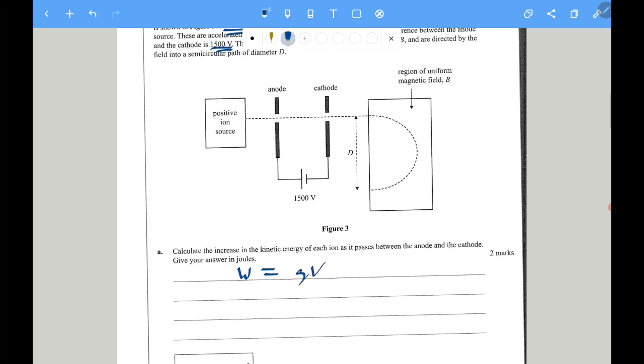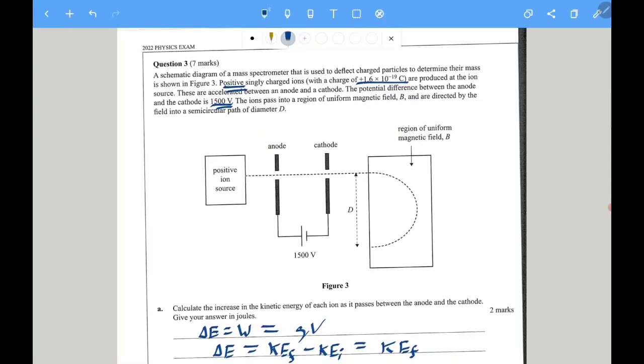So we have to use this formula. Work done is equal to the change in energy, which is equal to QV. In this case, the change in energy is just going to be the change in the kinetic energy, right? And we're assuming that the initial kinetic energy is 0. Right. So the final kinetic energy,